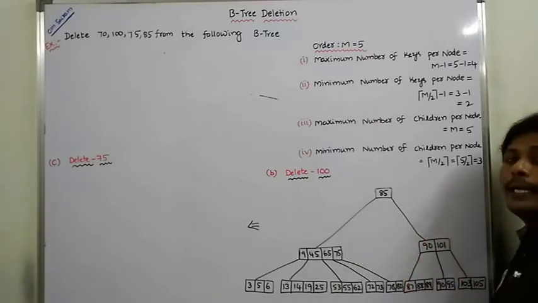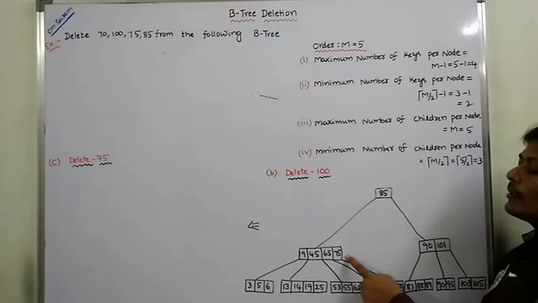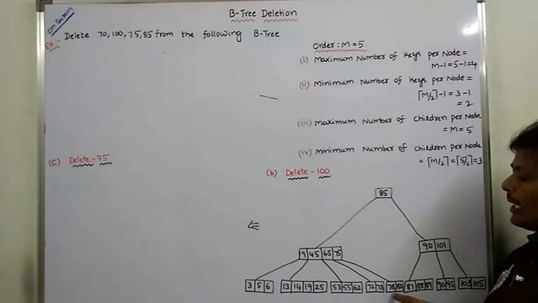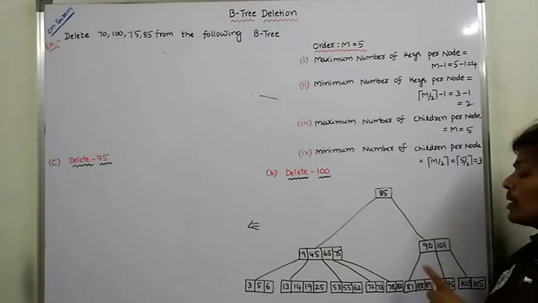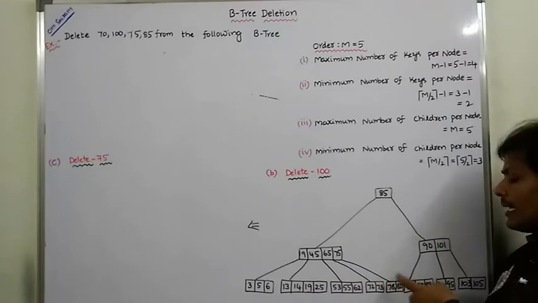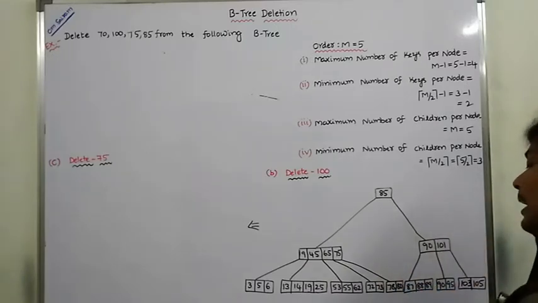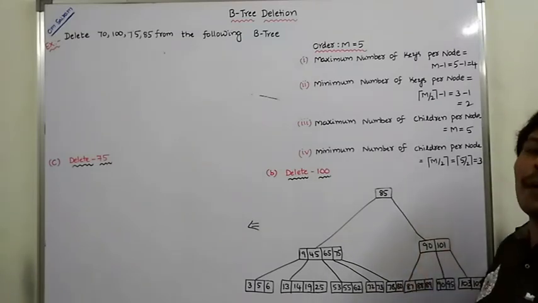Now go for the in-order successor, which means the minimum element in the right subtree. For 75, the right pointer points to a right subtree that contains a node with 2 key elements, 78 and 80. This node also contains the minimum number of key elements. It is not possible to replace 75 with the minimum element in the right subtree, because the left subtree contains the minimum number of key elements and the right subtree also contains the minimum number of key elements.